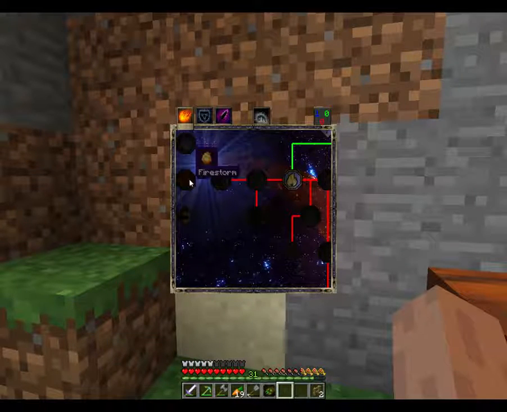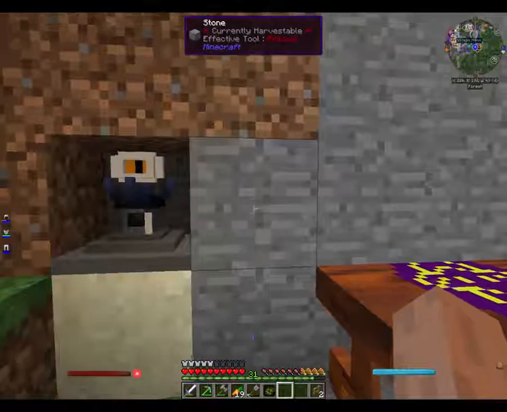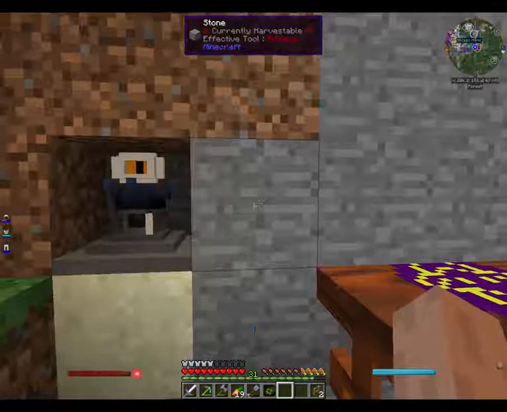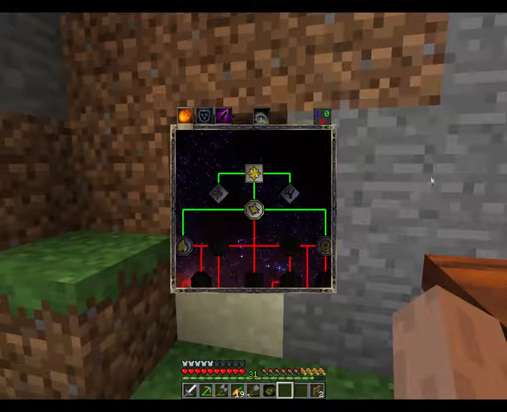These are unlocked through spell combinations, and I still don't fully understand them. But basically, with Forge, I'd be able to right-click this and have this piece of stone drop as a piece of stone. Or if I had Project Red installed, it would drop as the